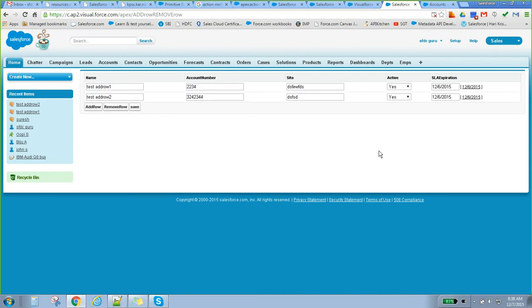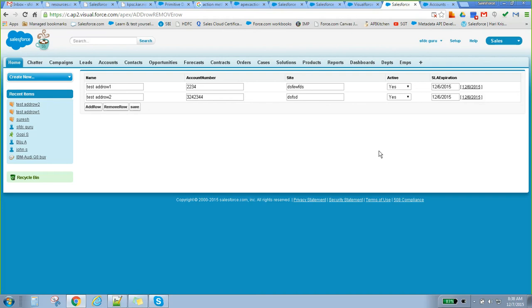If it is more than 10,000, we can go for some kind of navigation, meaning pagination. We can use pagination and achieve it.